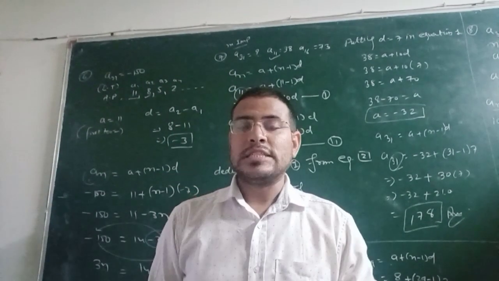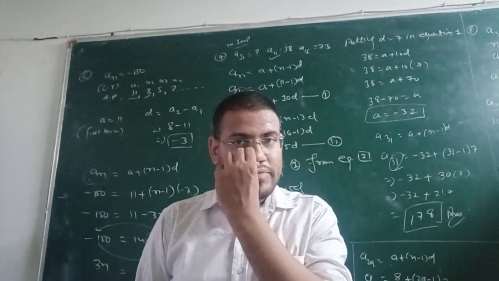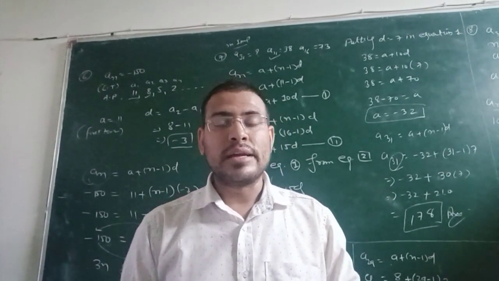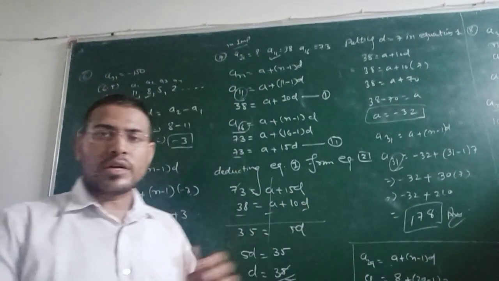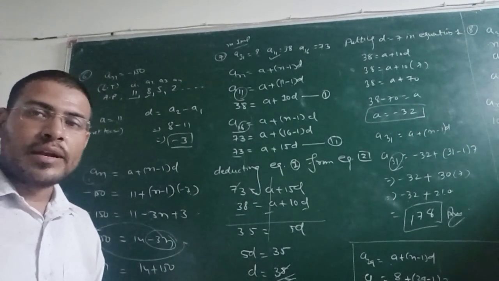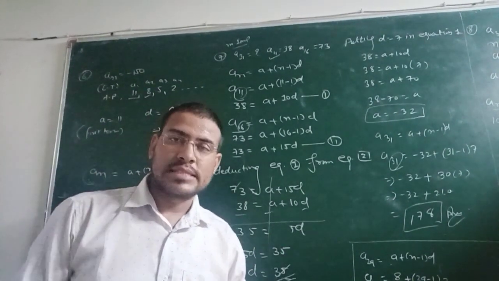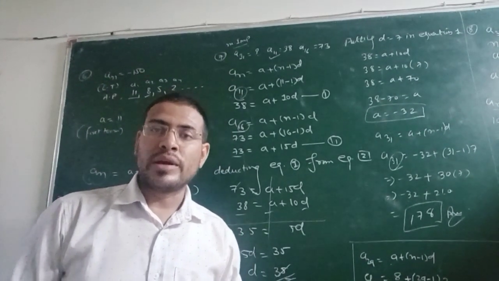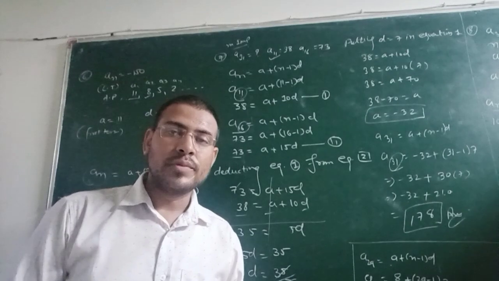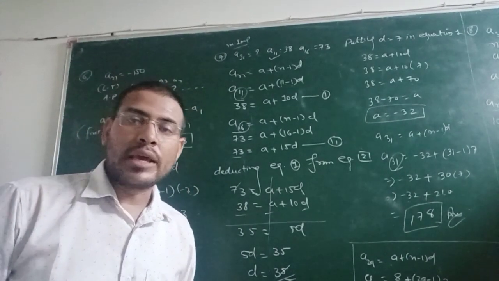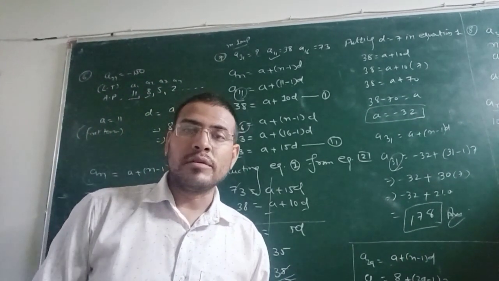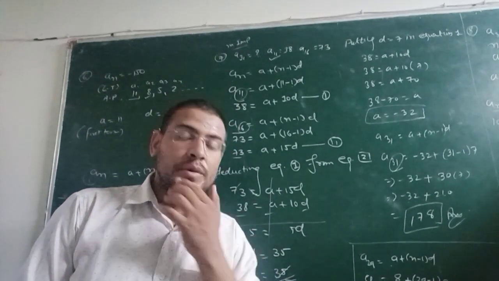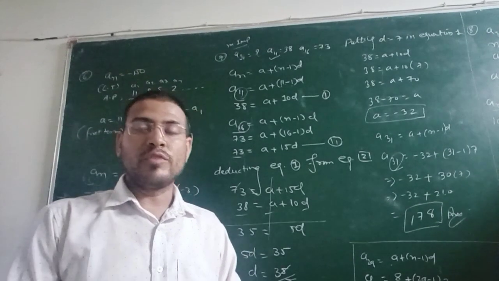Friends, as we know, chapter number 5 in standard 10th is going on. The name of the chapter is arithmetic progression, and we have discussed earlier so many questions related to that. We have even solved exercise 5.1, and half of exercise 5.2 has already been solved. Today we are going to take 2 or 3 important questions which may be asked in the examination, from the point of view of exams.